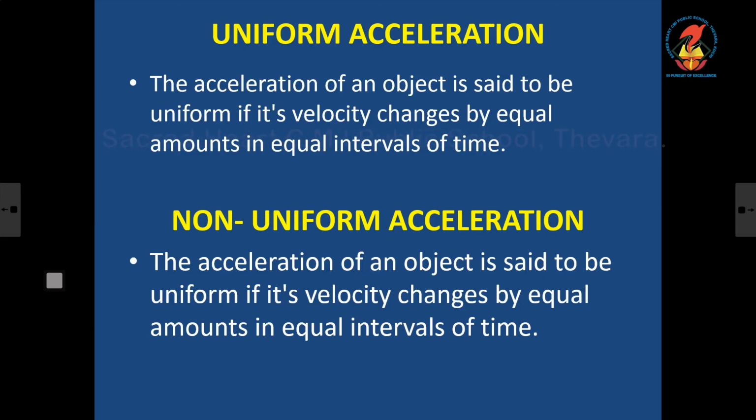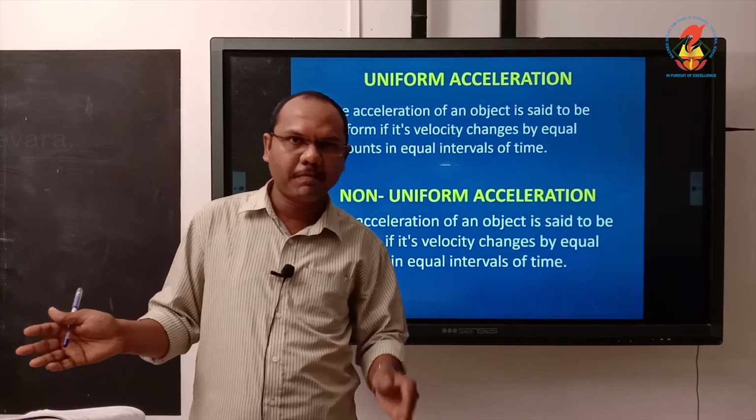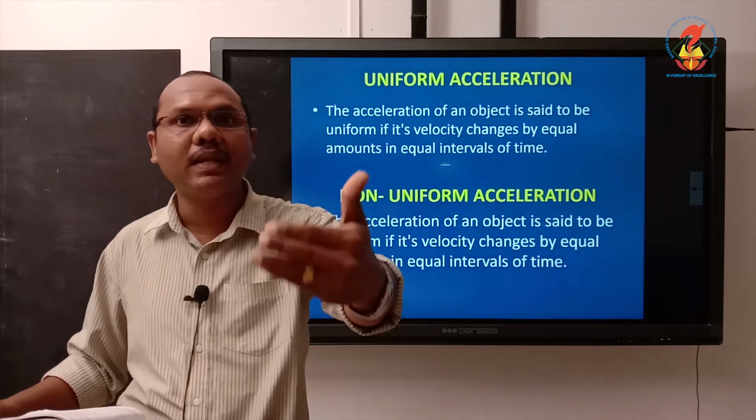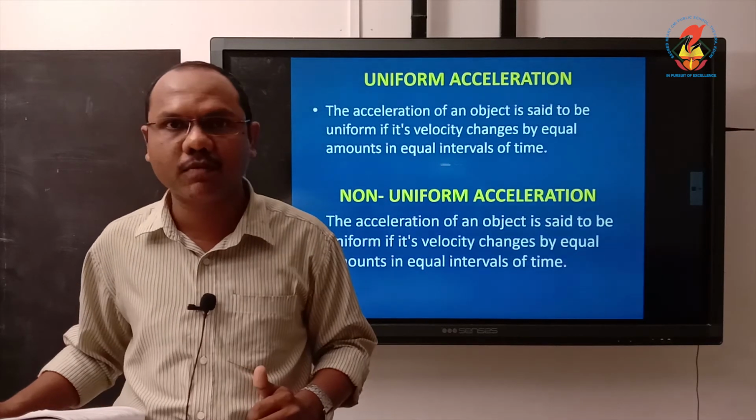Now, what is meant by uniform acceleration? Acceleration of an object is said to be uniform if its velocity changes by equal amounts in equal intervals of time. So there is a change in velocity, but the velocity changes equally in equal intervals of time. For example,